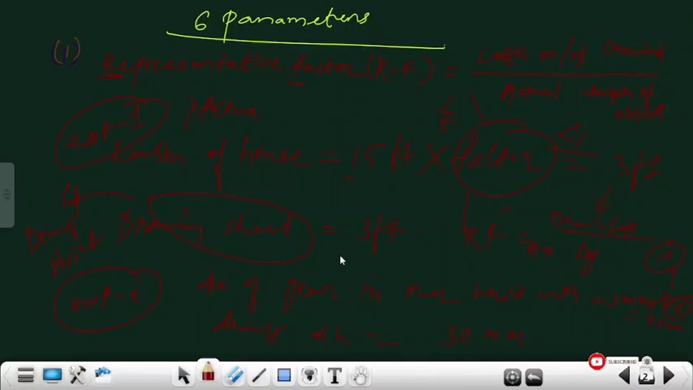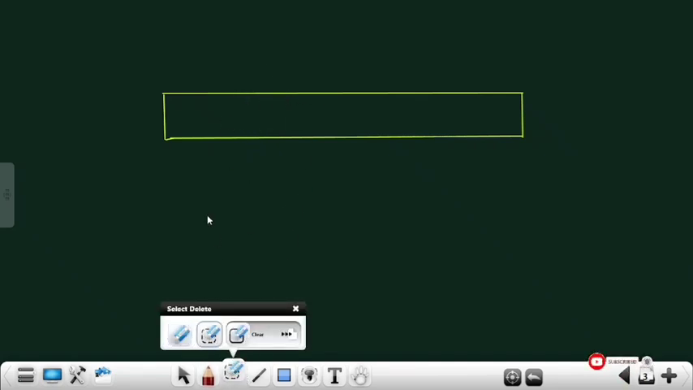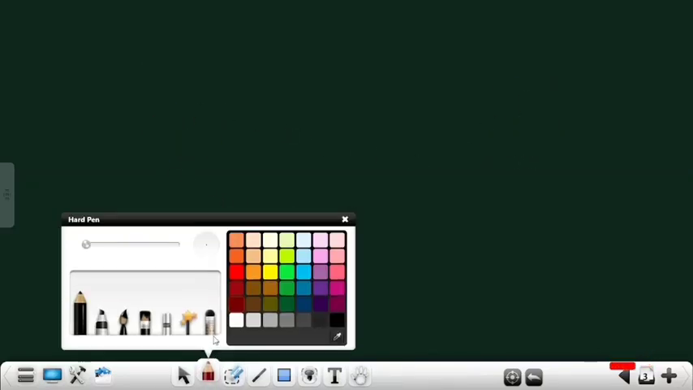So this is our first parameter, called the representative factor. If you have any doubt, you can comment, so that I can clarify it better. The next parameter, the second one, is called